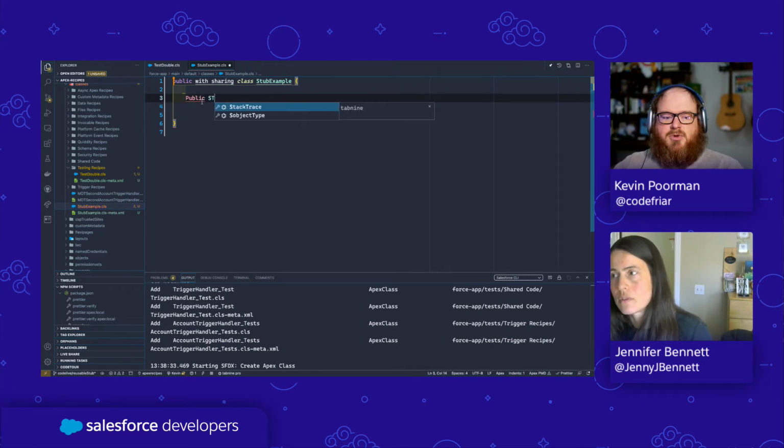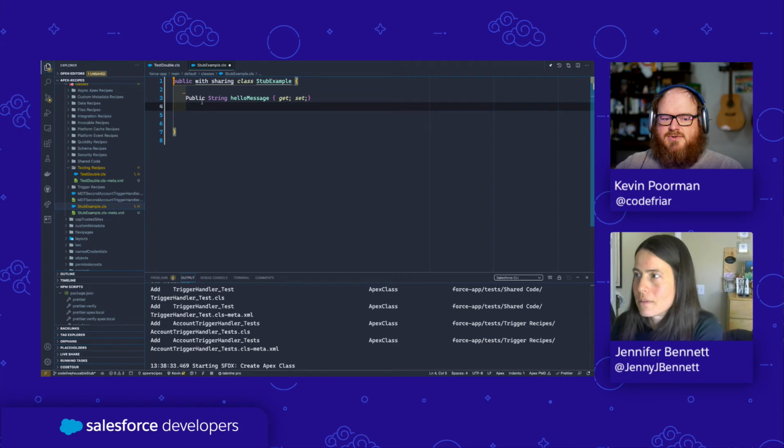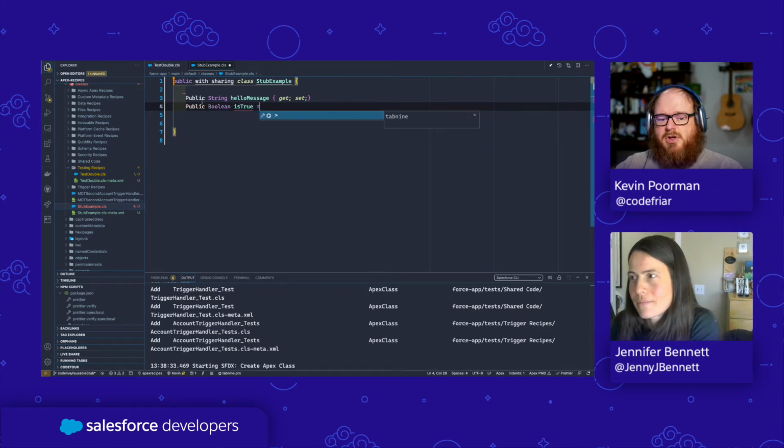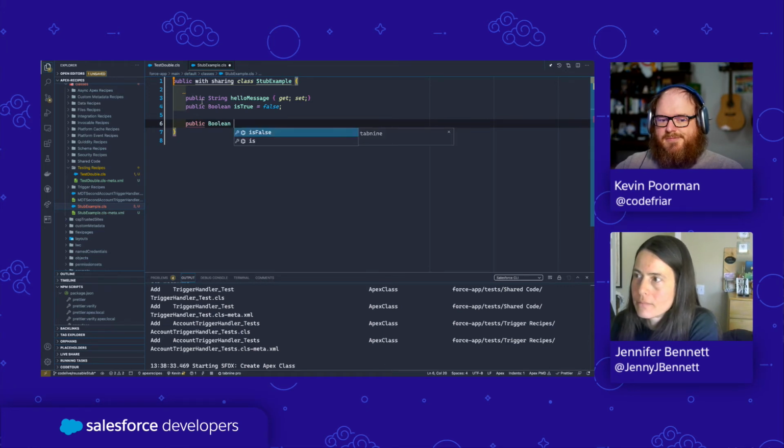So public string hello message, and then let's do public boolean, and we'll do is true. We'll set this to false just to start with. I love naming things. It's hard. And then we have to create some methods here. So let's do public boolean get is true,